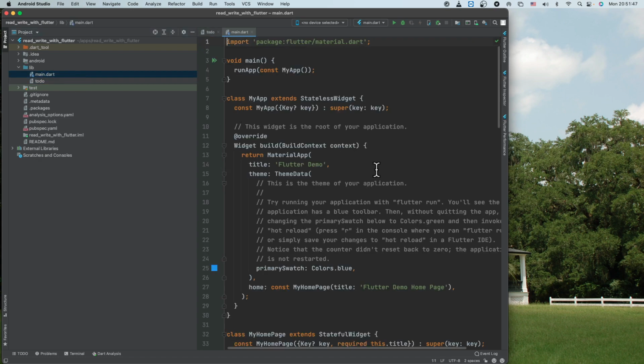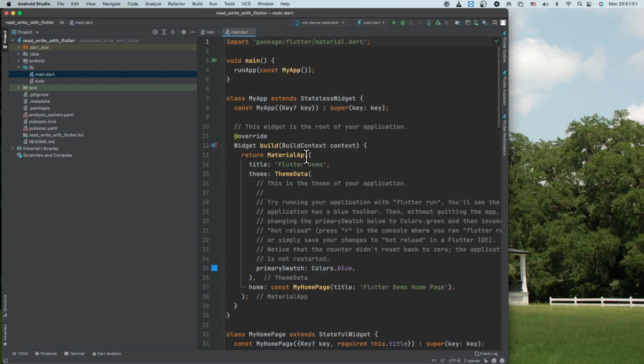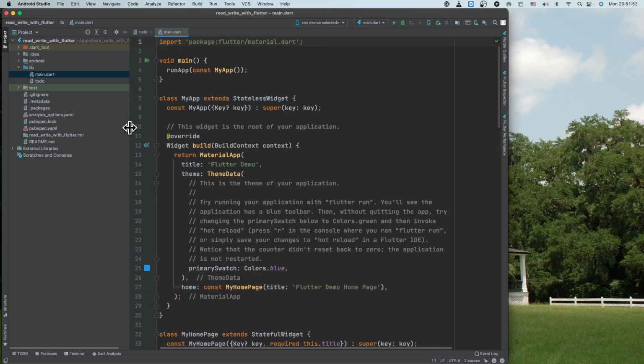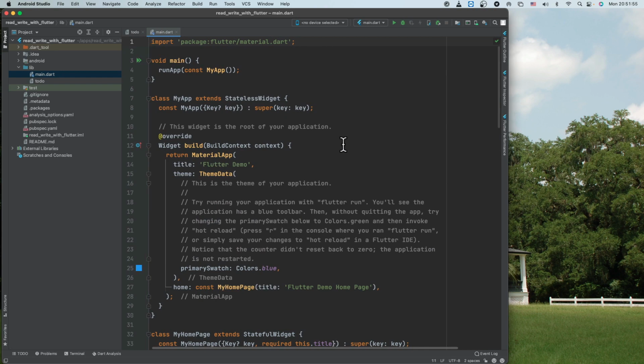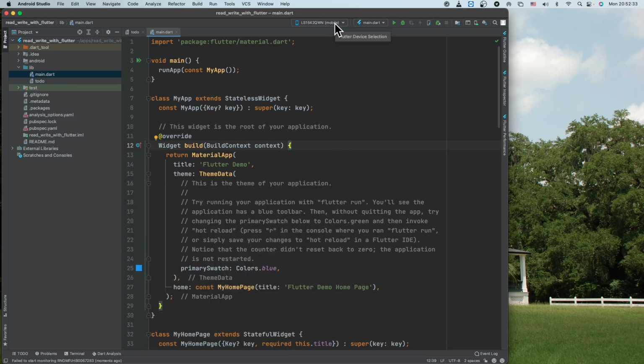So this is a dummy project, a hello world kind of project that comes out of the box when you say create new Flutter project. To run this application I am going to connect my phone. My phone is connected now. You can see it on top here, that the phone is connected.